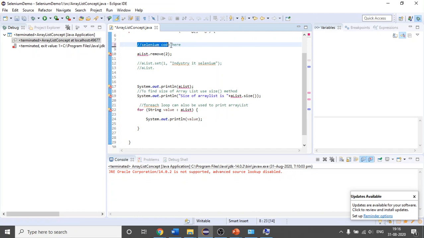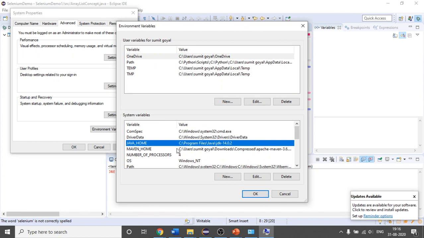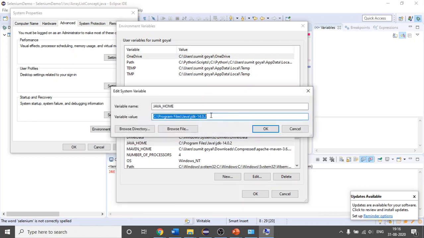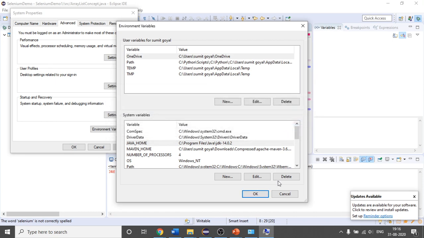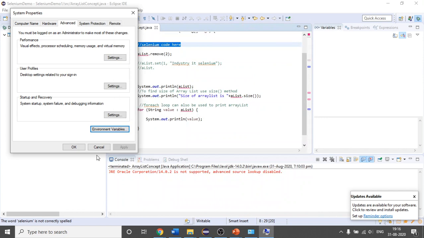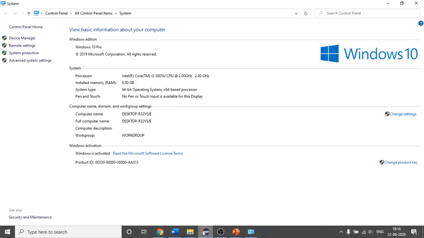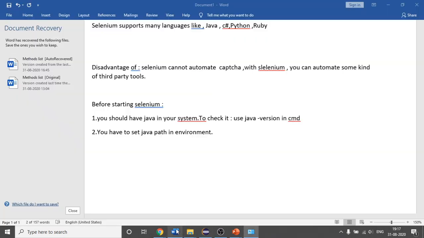So first the Selenium code will look here and see that this is the location where our Java is present. It will go inside this directory and use all the Java files that are necessary for the execution of our Selenium program. This is the reason why we have to set the Java path. So I hope it is clear why we set the Java path as well. These two points are very important.